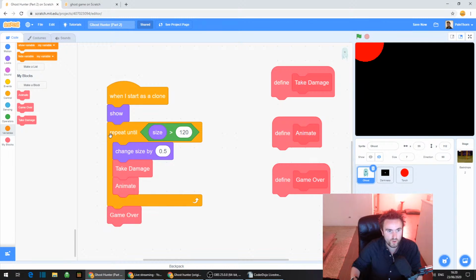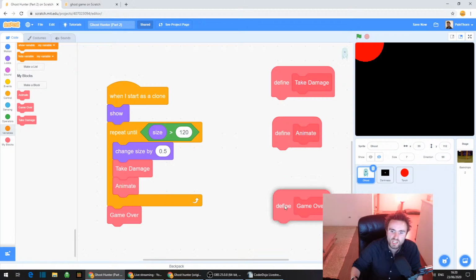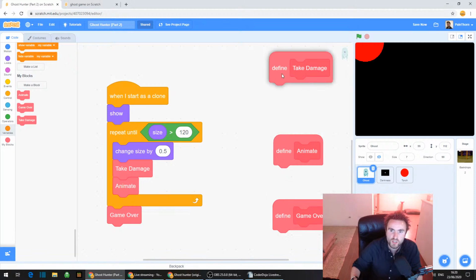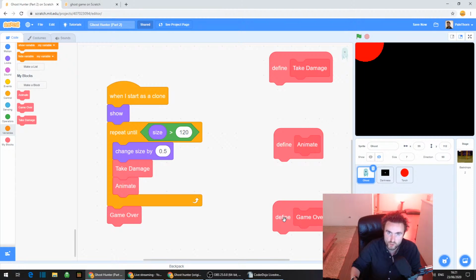So our repeat until grows our ghosts to a certain size. If they ever do reach that certain size, and we're going to have ways of deleting them before they can get that big, but if they do get that big, the game will be over. The nice thing about breaking up the code this way, using these My Blocks, is that in this case they're behaving like functions.